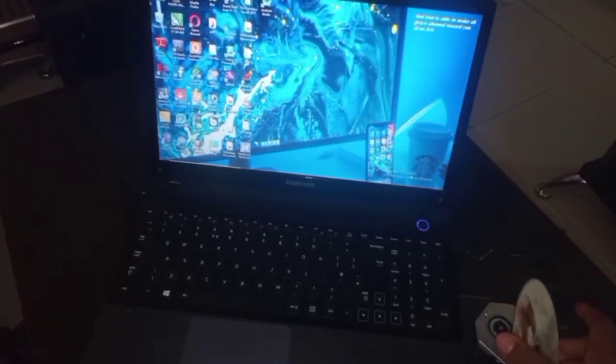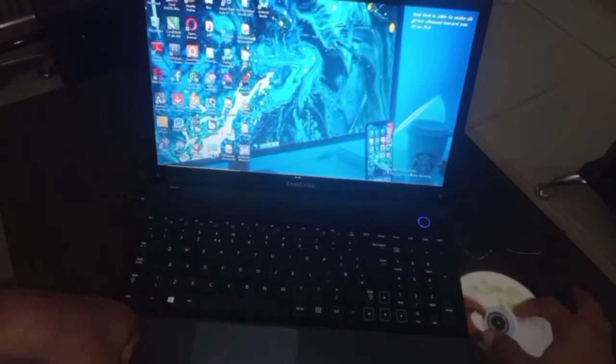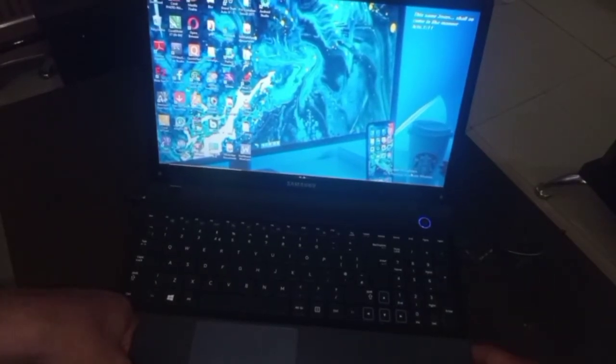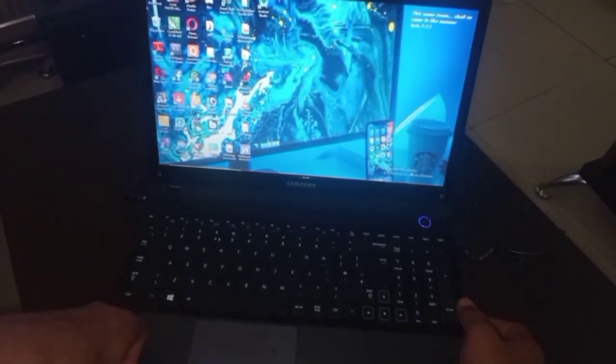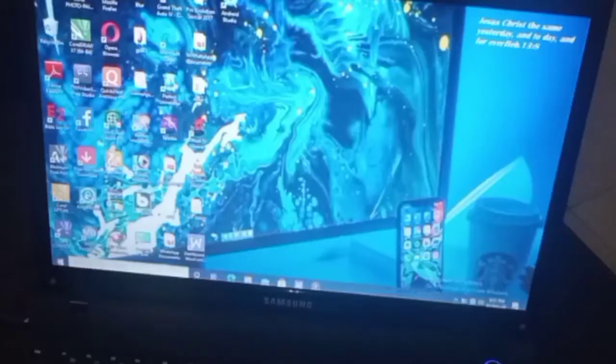First of all, you eject the CD-ROM. If your PC does not have a CD-ROM, you can use an external CD-ROM. You can actually use a flash drive to do this, and you can also use the CPU for desktop users. So when you insert it, you wait for it to come up. So here it is. So open your File Explorer